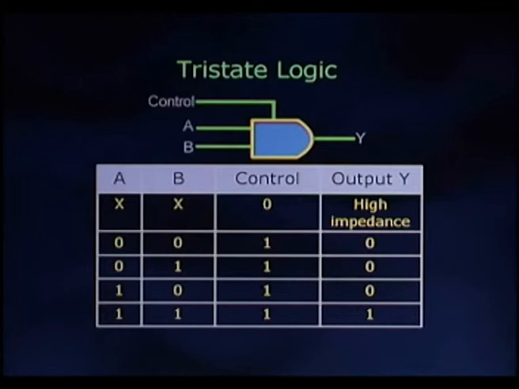We will now briefly talk about a simple tri-state logic device. To avoid interaction between the outputs of the various devices connected, the output devices have to be of the tri-state logic type. A typical tri-state AND device along with its logic is shown in the slide. A and B are the inputs of a simple AND gate, the control is another input. As per the table, a tri-state logic device has two output logic states, 0 and 1, and also a third high impedance state.